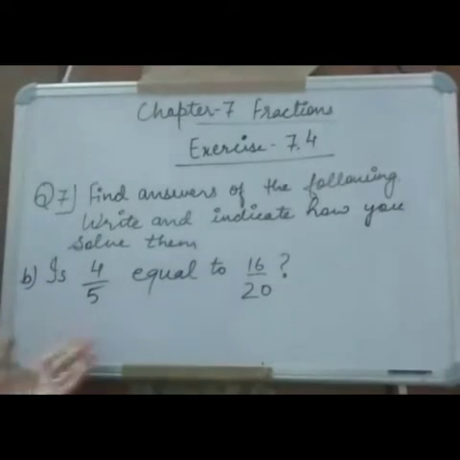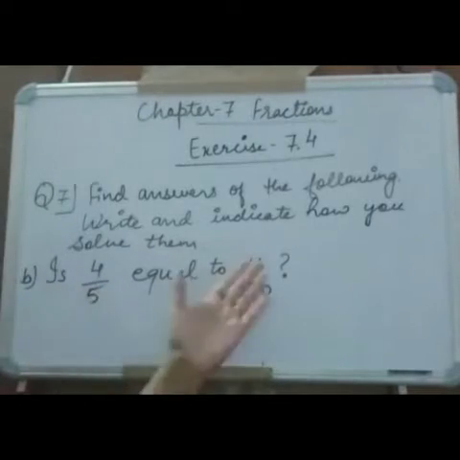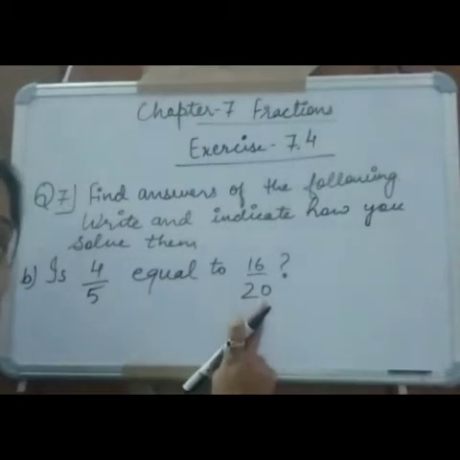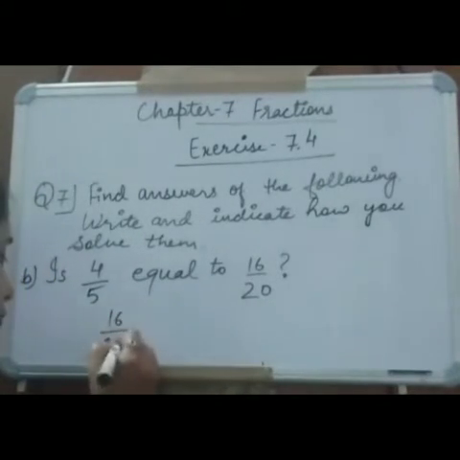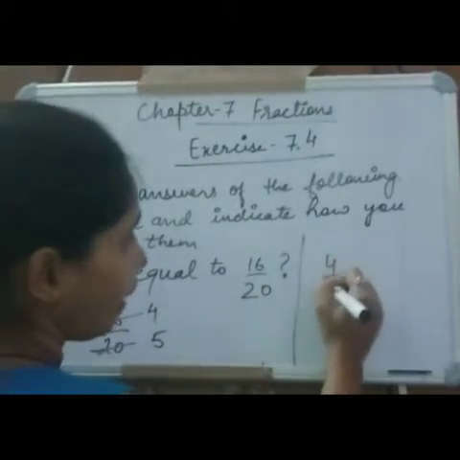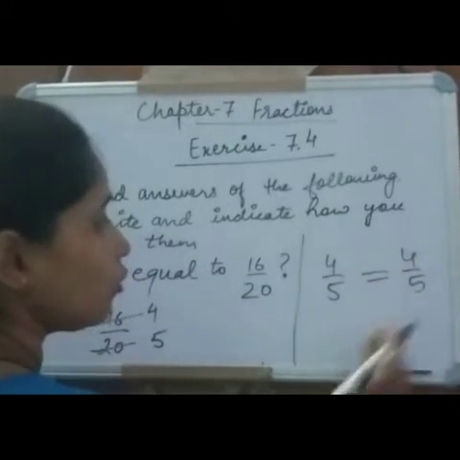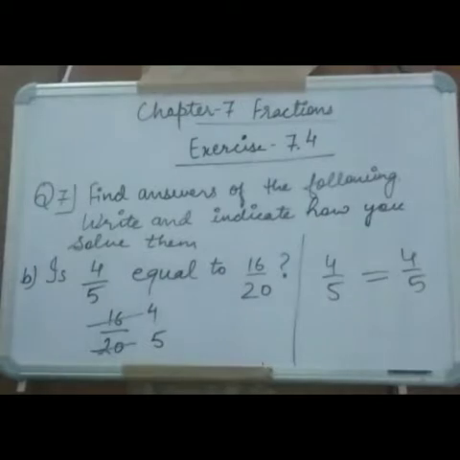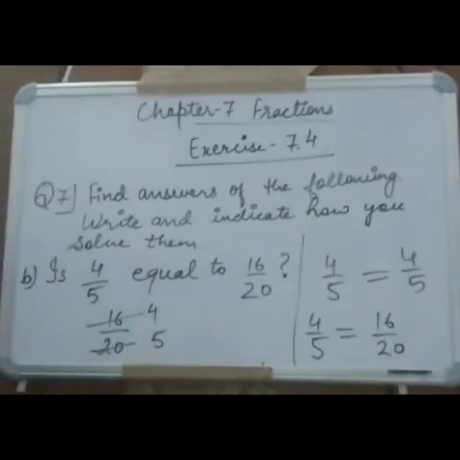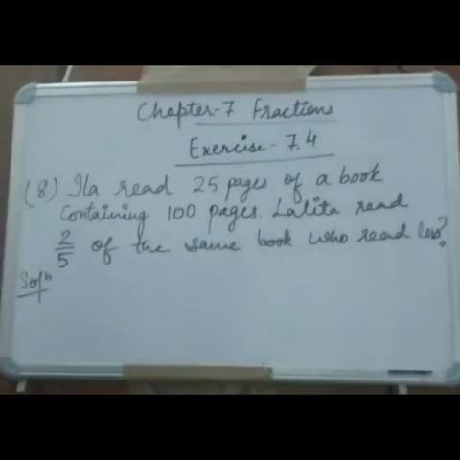Now here you will see, again we will check: denominators are not equal, numerators are not equal. Now the second thing, we will see whether these can be simplified or not. This one cannot be simplified, but 16 upon 20 can be simplified. So 16 upon 20 we can write as 4 4s are 16, 4 5s are 20. So are these equal? We get 4 by 5, and here also we get 4 by 5, that is equal. So here we will write that 4 by 5 is equal to 16 by 20. Got it? Now see the next one.